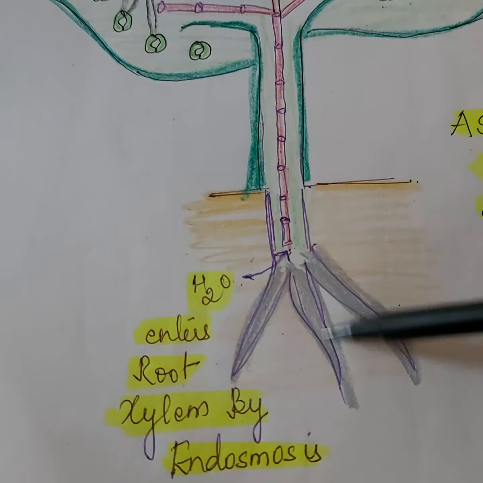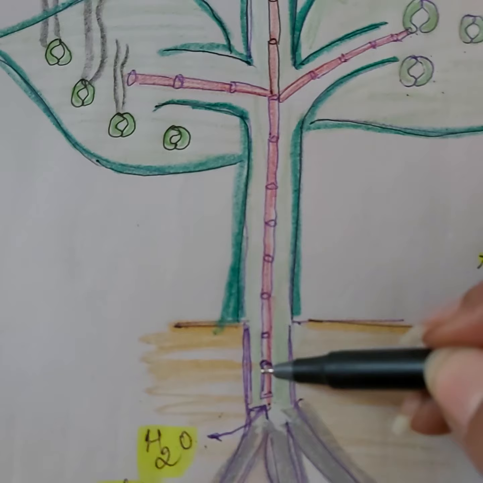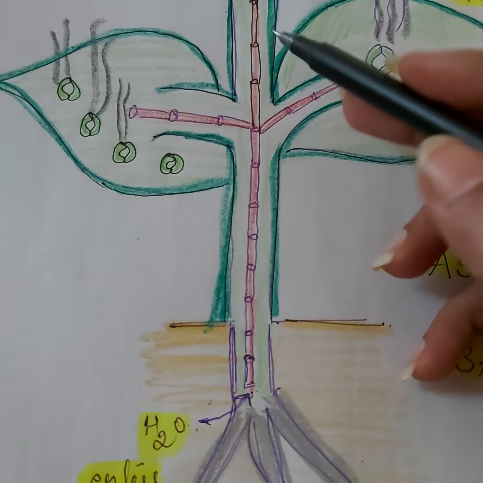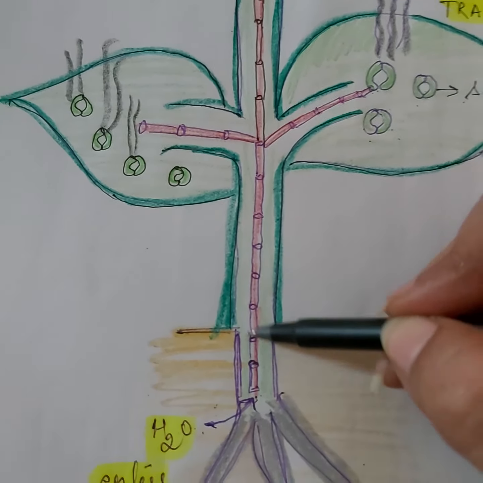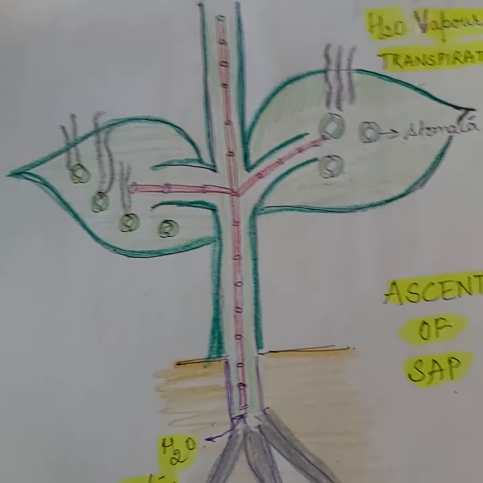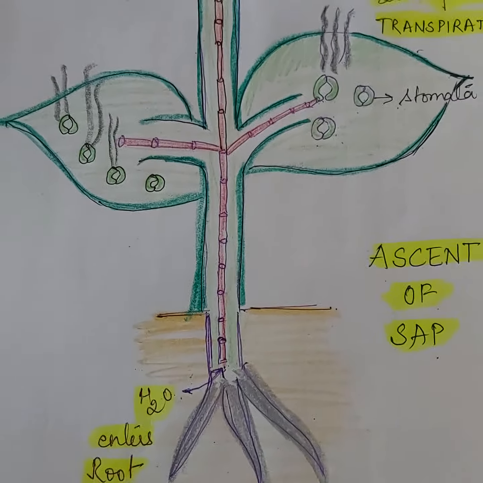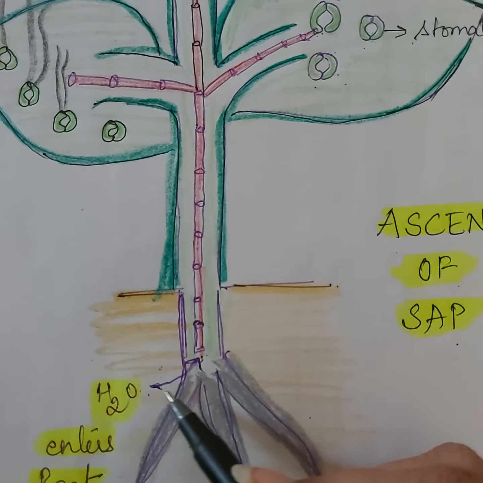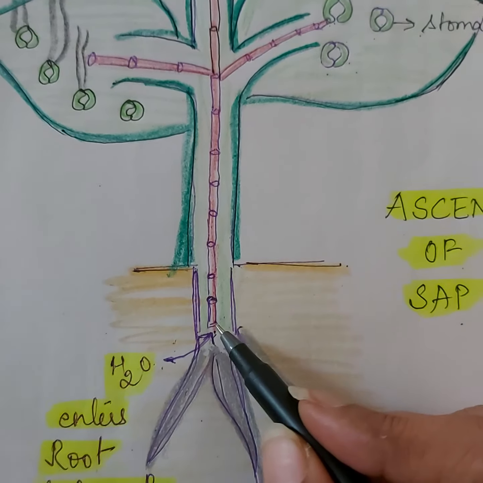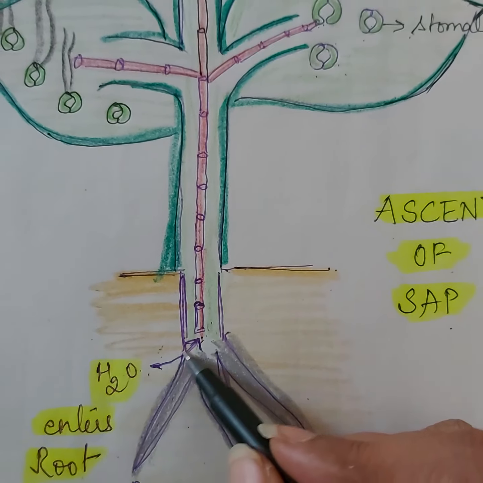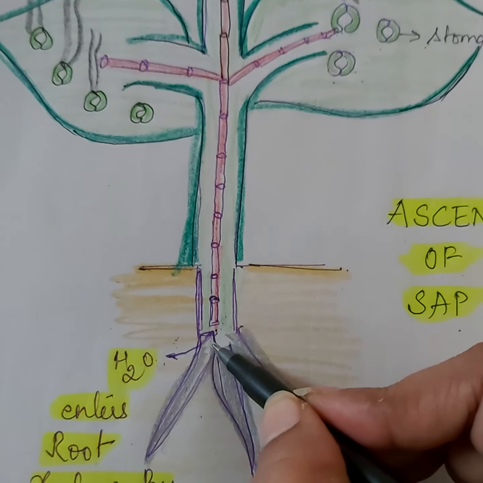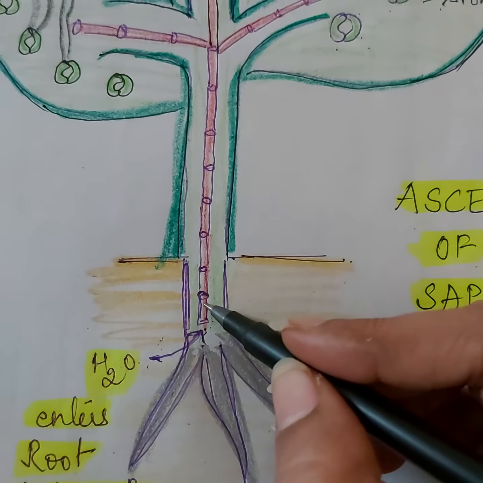These are the roots of the plants and this is the tissue of the plants, and these structures that you can see, which I have drawn forming a continuous channel, are the xylem vessels, which are placed in the plant body just like a continuous channel in the plant. So what will happen when water enters inside due to concentration difference? There is more water outside, less inside. So water automatically moves by endosmosis and enters the xylem of the roots.